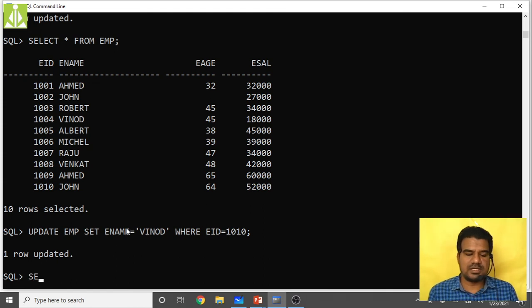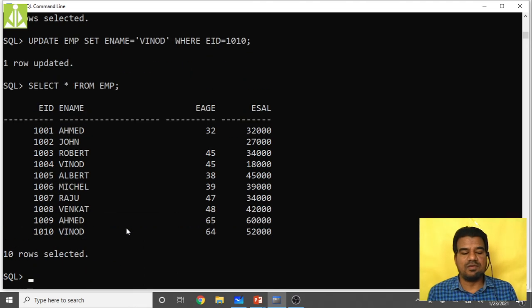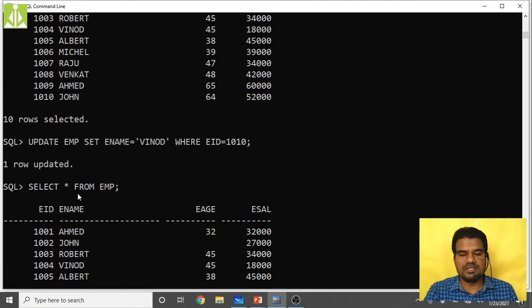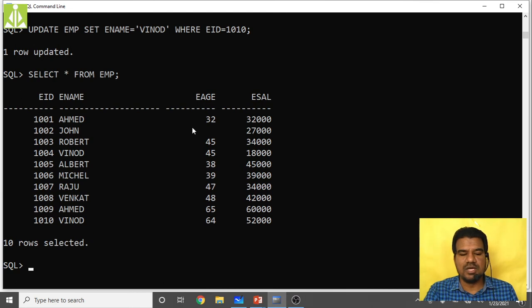Let us just check that one. Select star from EMP. See, 1010 we got Vinod only. Hopefully you understood. Previously he was John. By using this update query, I have updated this to Vinod. So this is something about update, not only the missing values but also the existing values you can update.